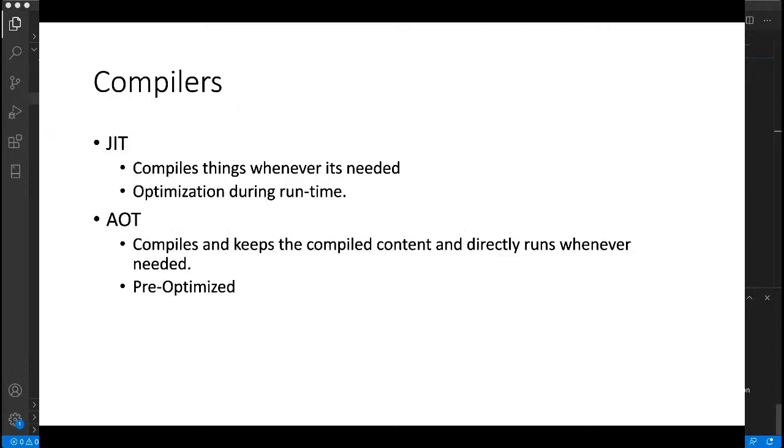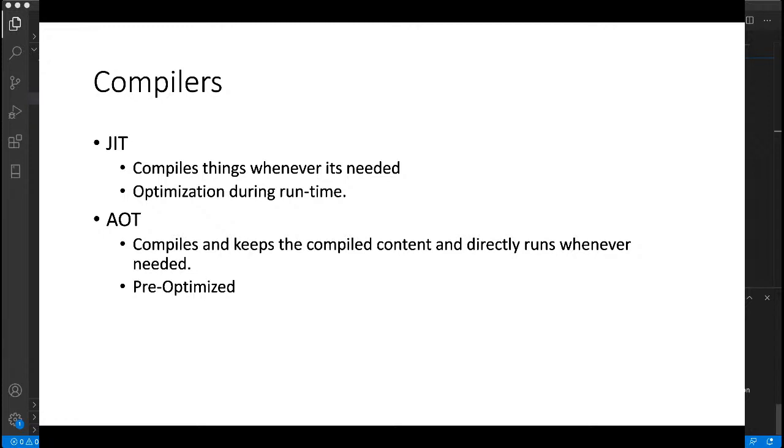Before jumping to how JavaScript handles things and how WebAssembly is going to handle things, we have to talk about compilers. Basically everything we write is going to be compiled into some intermediate code, then assembly code, and then machine code. The actual machine is going to execute the machine code. JavaScript uses JIT compilation. JIT means just-in-time compilation, which means whenever we need to execute the code, the compiler fetches the code and compiles it in real time whenever it's used.